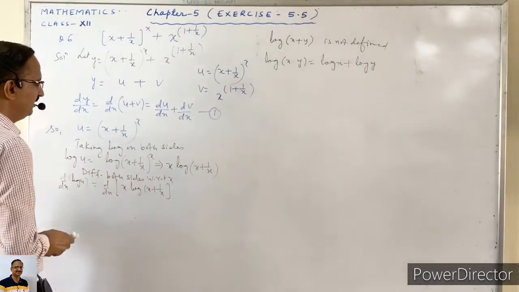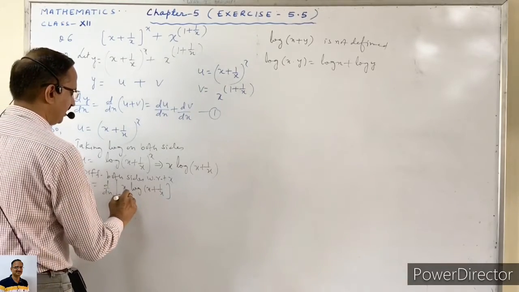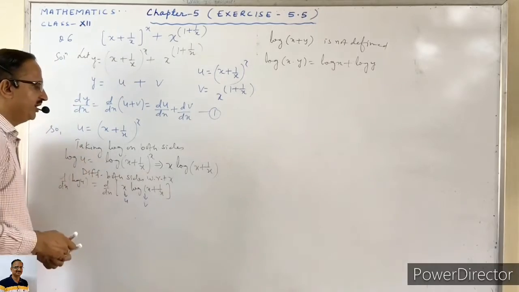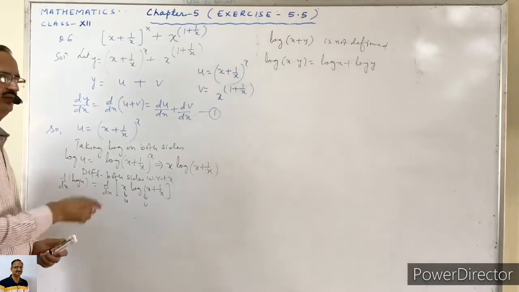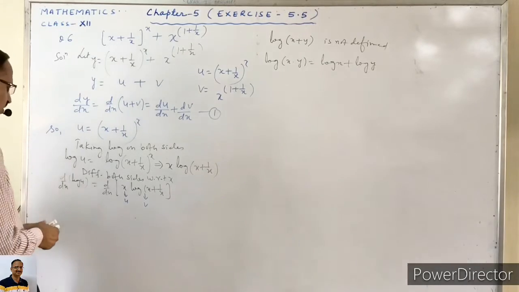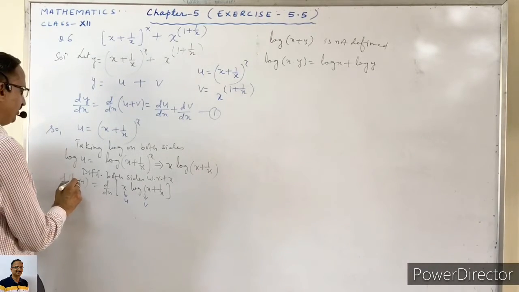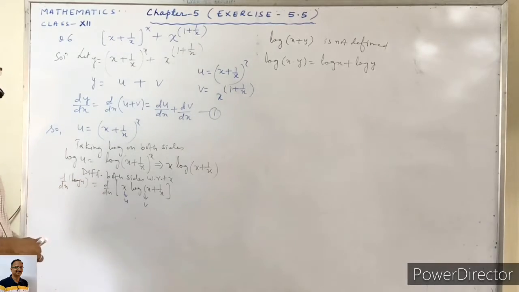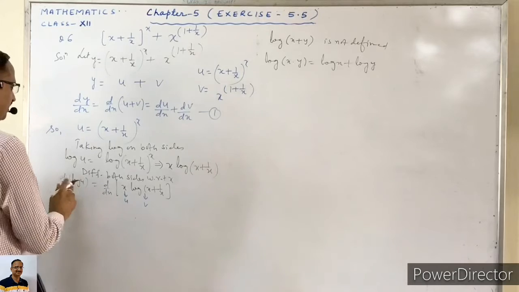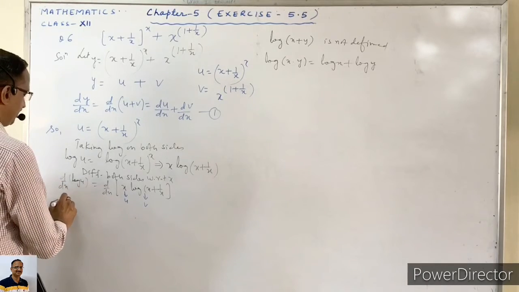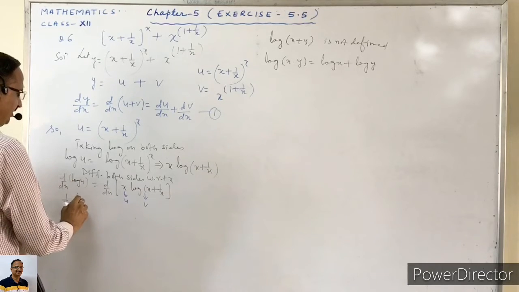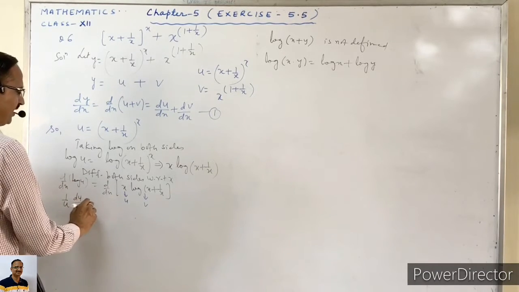Now in the right hand side we have two functions in the product. Suppose this is u and this is v. So by product rule we can find the derivative of the right hand side. On the left hand side we have log u. As we know that the derivative of log x is 1/x, with the help of that formula we can write the derivative of log u as 1/u. But this is not x, so we will write the derivative of u in the product.